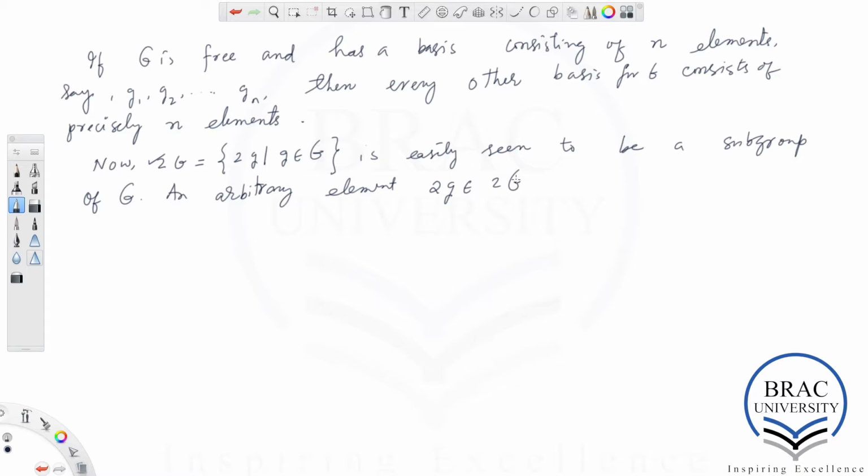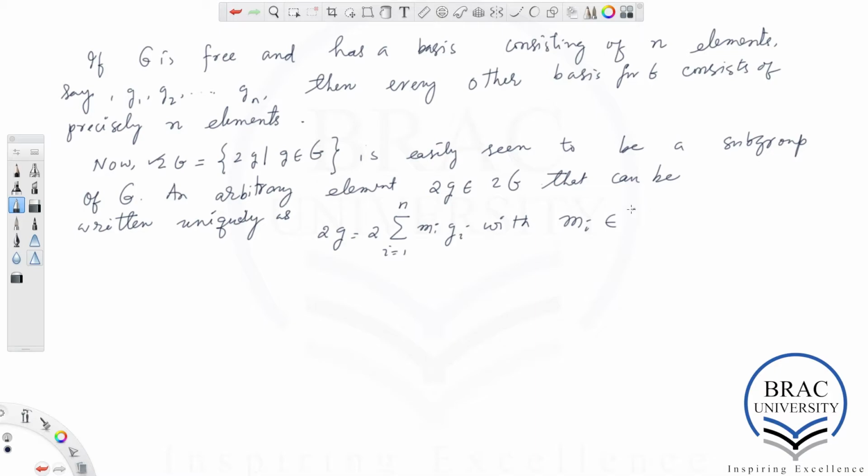That can be written uniquely as 2g equal to 2 times the sum over all the i's running from 1 to n, mi gi, with mi being an element in the set of integers, where g has the form g equal to sum over all mi gi, where i runs from 1 to n, and mi is in the set of integers.